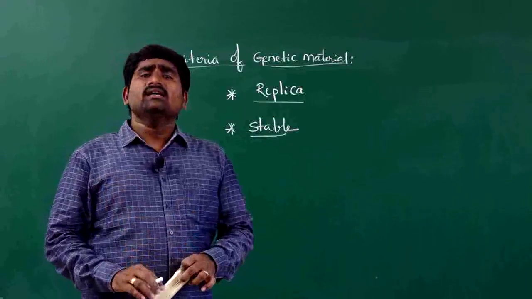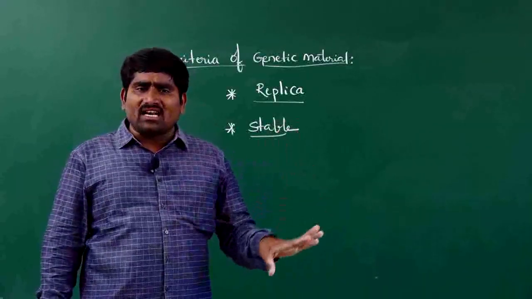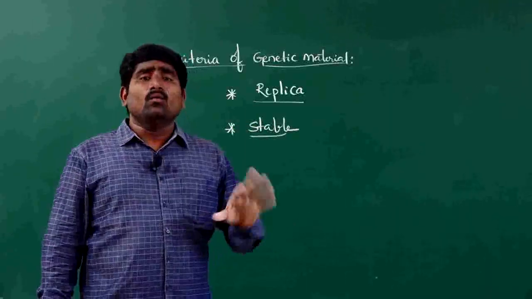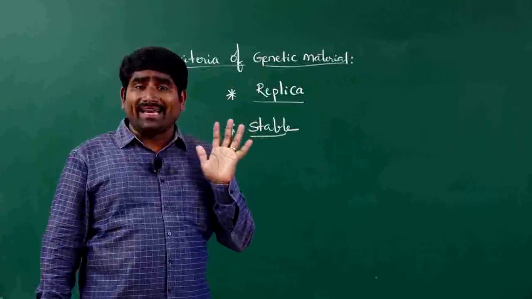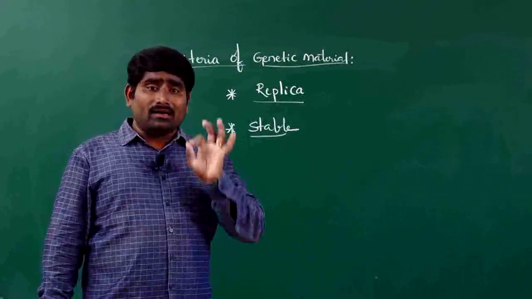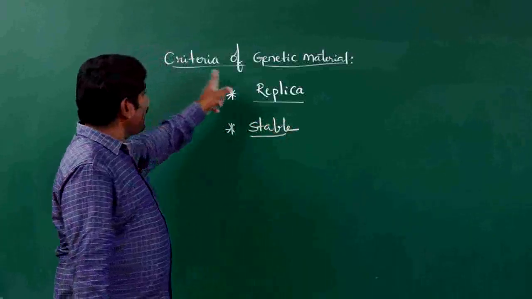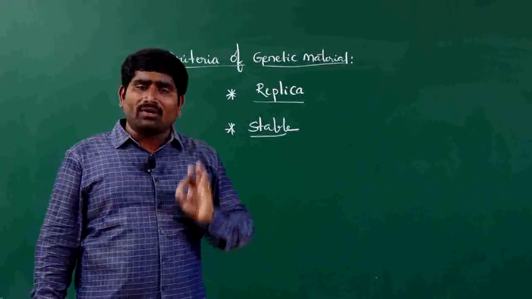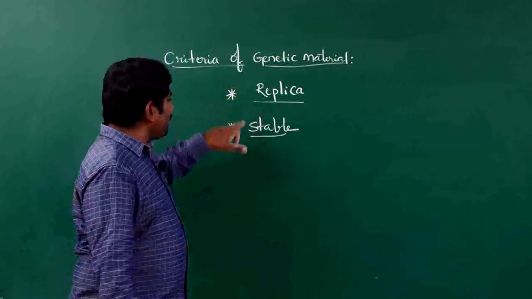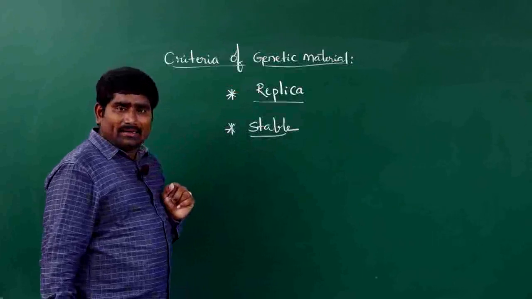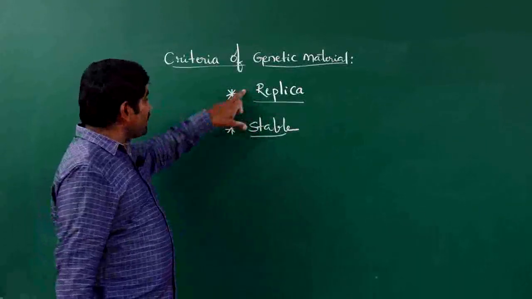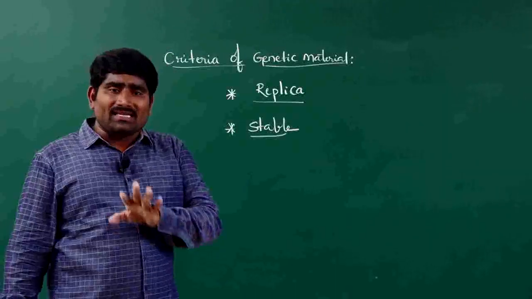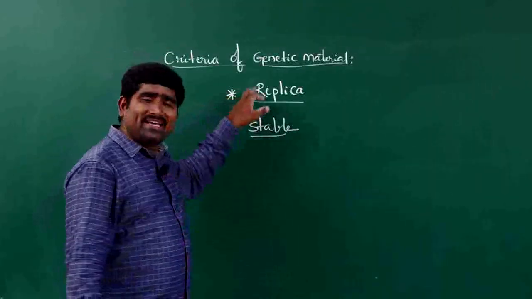In the same case, the proteins and other components of the cells were destroyed because of heat treatment. But DNA was not spoiled. This is important; this is the reason why we can say that the DNA molecule is stable. So these two criteria are followed by DNA, but not proteins. Based on the first two criteria only, we can say that proteins are not genetic materials, because proteins do not have a replication process.